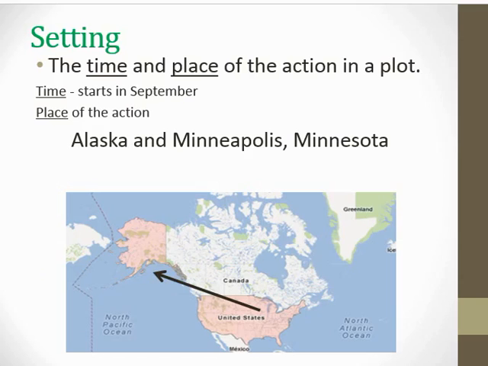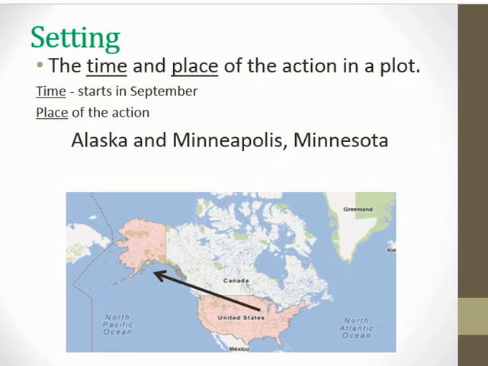Some of the information that you'll need to be aware of as you read the novel is the setting. Setting is the time and place of the action in a plot. The time of this novel is September. It starts in September, and the author will give you clues throughout the book as to how time has developed.